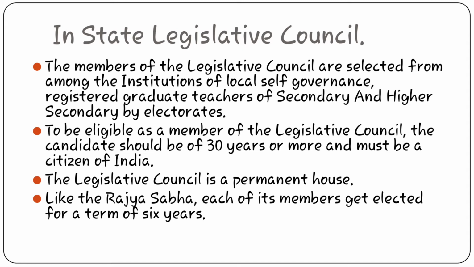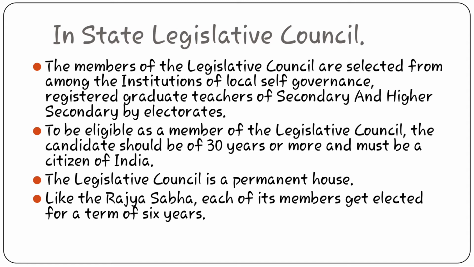The same thing is applicable here. Lok Sabha's time period is 5 years, and Rajya Sabha, the permanent house, has a time period of 6 years. In the same way, you should compare the Lok Sabha with the state legislative assembly and Rajya Sabha with the state